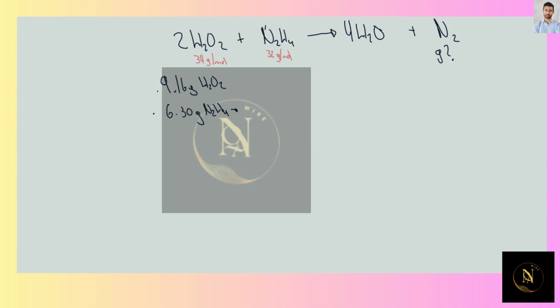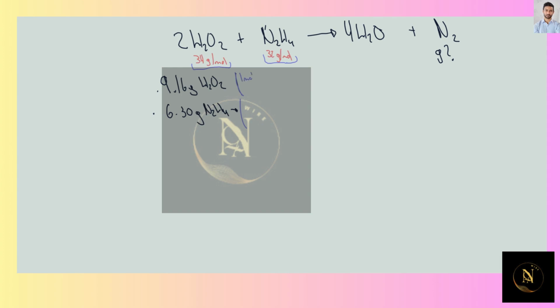So the first step is going to be to determine which is going to be the limiting reagent. In order to do so, we're going to find out how many moles of N2 are going to be produced from the starting quantities that were given for each of the substances. In order to do so, I wrote down the molecular weights for both of the compounds. For hydrogen peroxide, which is 34 grams per mole, and for hydrazine, which is going to be 32 grams per mole over here. So for hydrogen peroxide, we know that